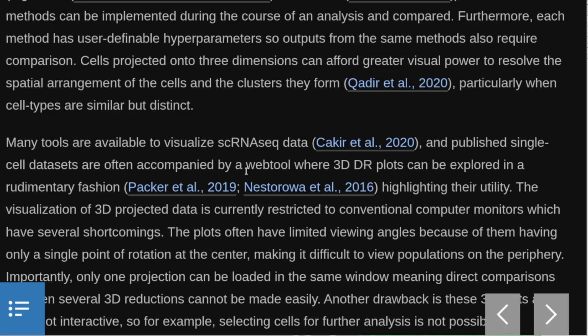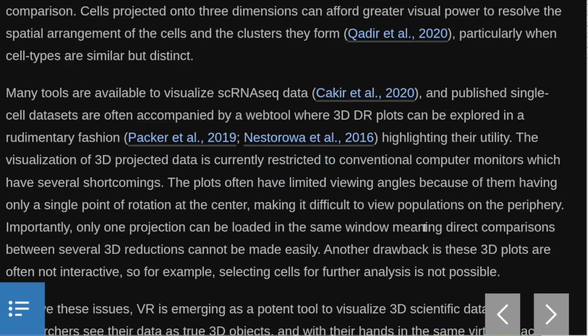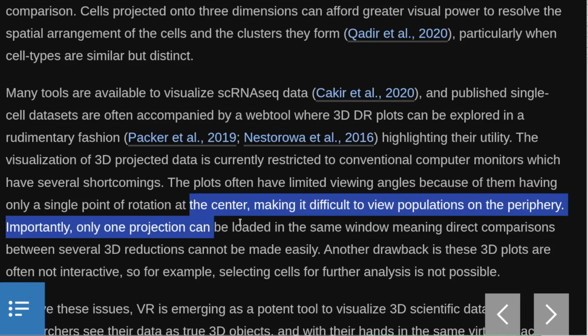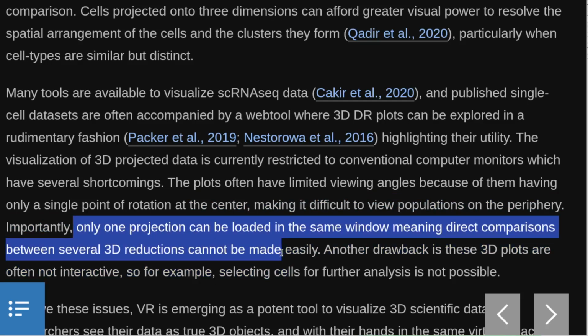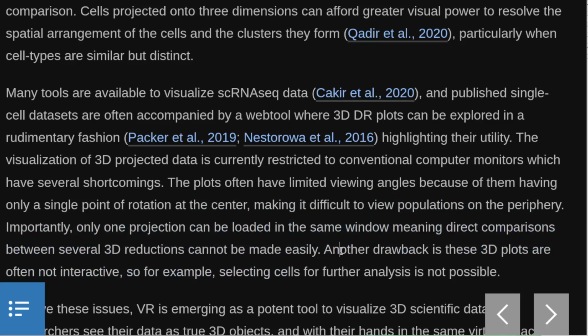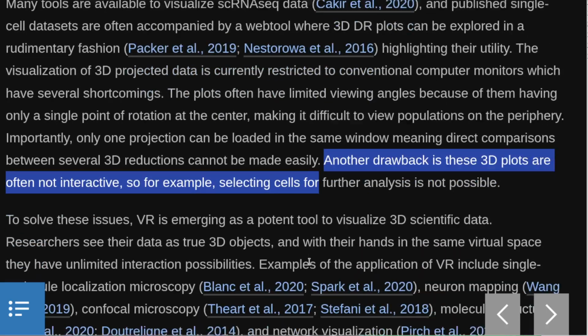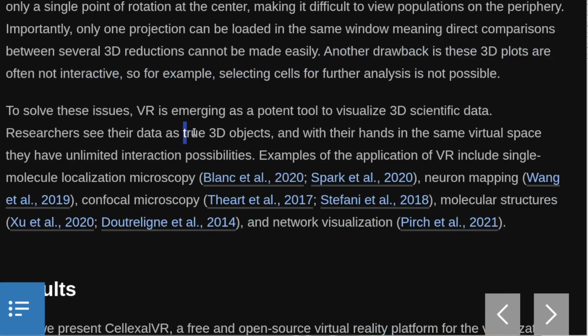Importantly, only one projection can be loaded in the same window, meaning direct comparisons between several 3D reductions cannot be made easily. Another drawback is these 3D plots are often not interactive, so for example, selecting cells for further analysis is not possible. To solve these issues, VR is emerging as a potent tool to visualize 3D scientific data. Researchers see their data as true 3D objects, and with their hands in the same virtual space they have unlimited